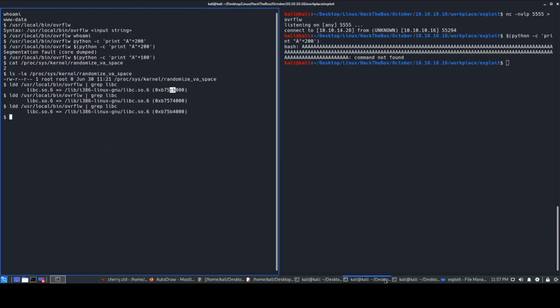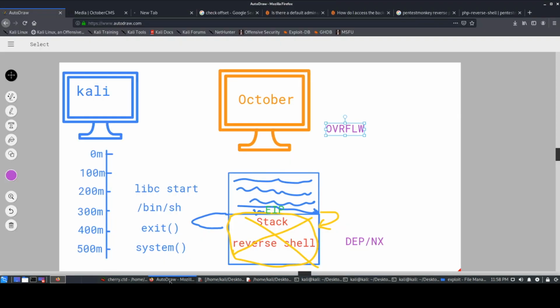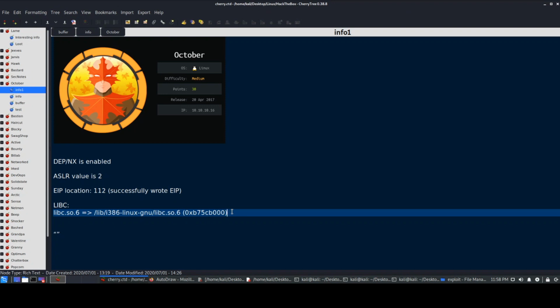In order to overcome ASLR, we can use a brute force attack. Since the memory location is changing only slightly, there's a very small change in memory, so we can probably do a brute force attack and achieve code execution. And since it's a 32-bit system, you can brute force it because the address change would be very tiny. So we have libc present over here. Now, in order to perform the libc attack successfully,